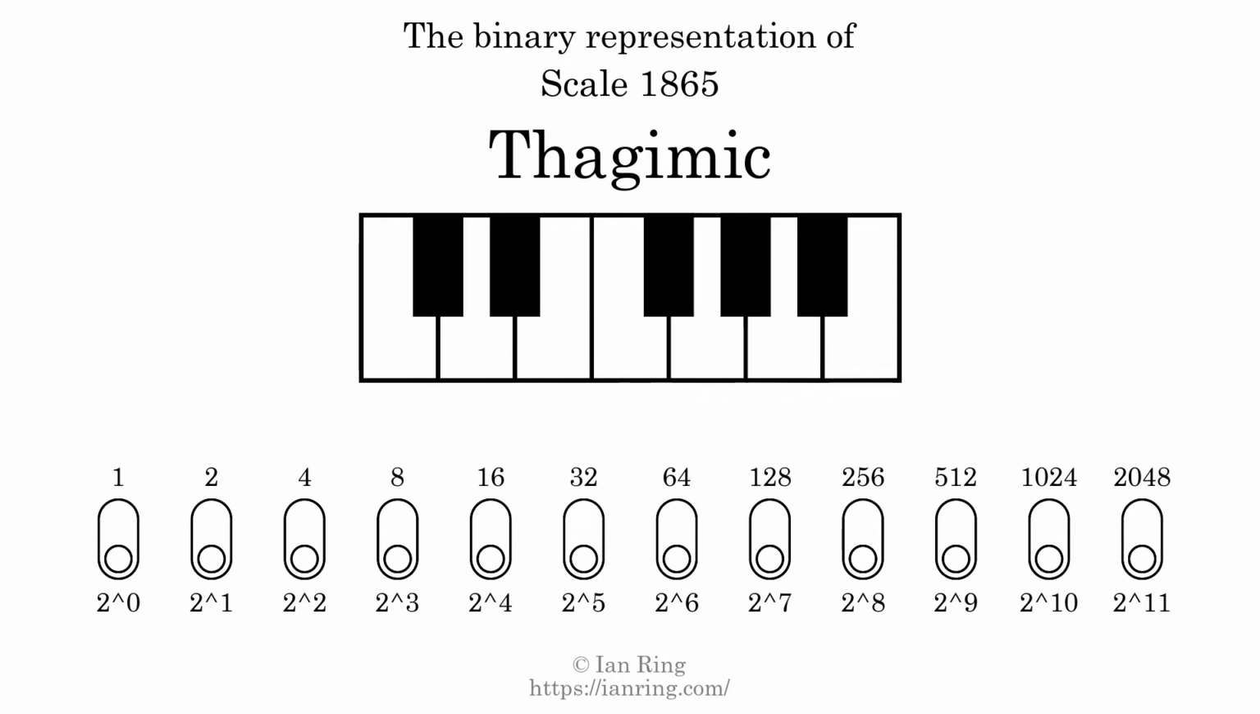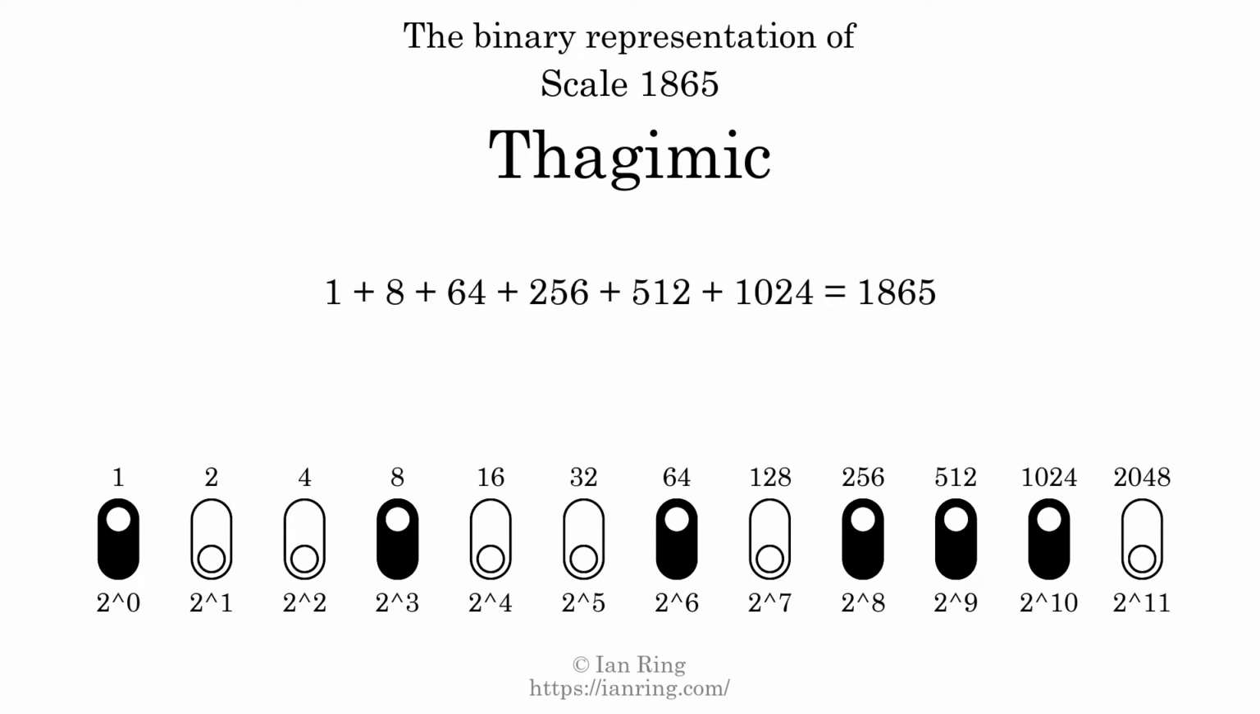The binary representation of this scale is determined by mapping tones of the scale to binary digits. Each binary digit represents a power of 2. To get the scale number, we add the powers of 2 together. The powers of 2 that are present in the scale, all added together, equals 1865. That is why the scale number, in decimal, is